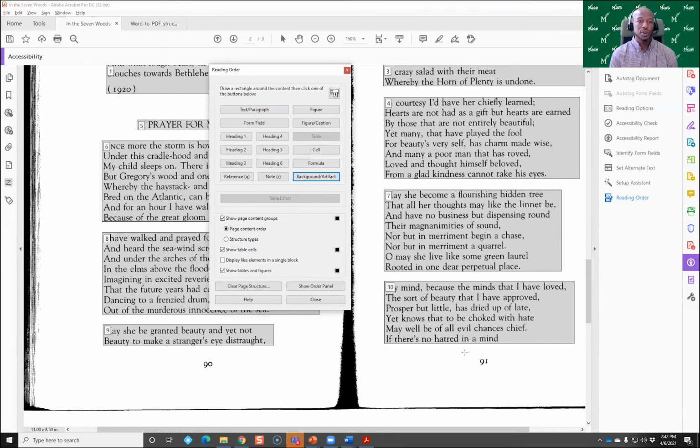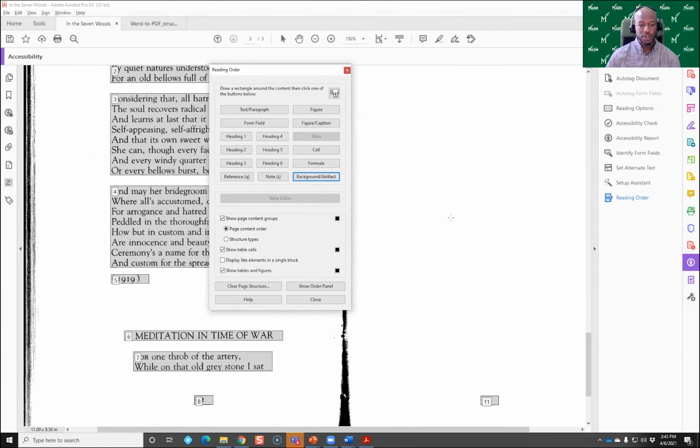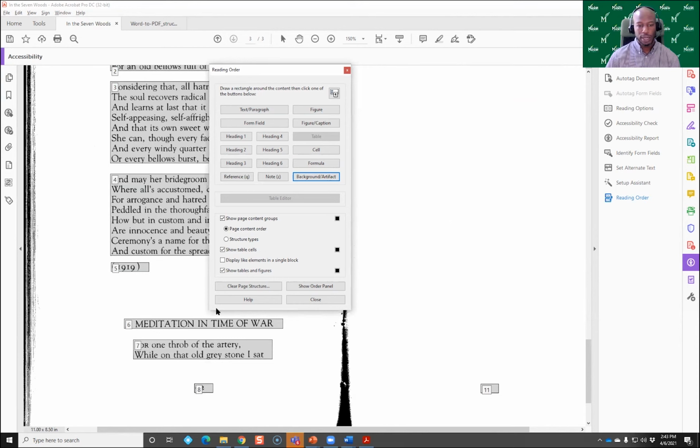So what we may do is move the page number up in the reading order or just get rid of it altogether. There are times when we make decisions to get rid of it altogether if the student knows that they just have to go through this specific set of 8, 9, 10 pages or whatever. And then there are other times where we may move it up in the reading order so that it is in the correct location. So if I want to change the reading order, one thing I can do